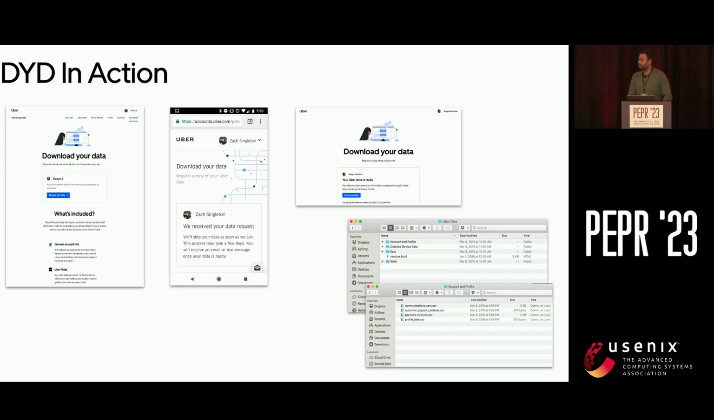So how does DYD work? It's simple. The user requests the data. The user receives an email saying Uber has received your data request. We process the request. We provide the data as a zip file. The user receives an email that your data is ready, with a download link. As you can see in the last image, each zip contains a list of folders and CSV files that actually